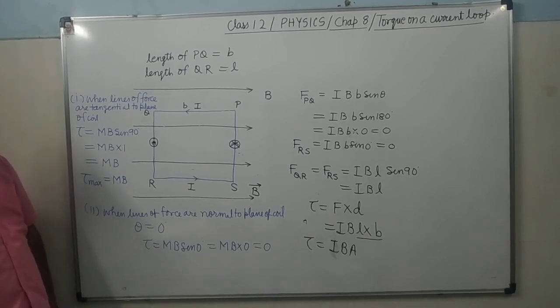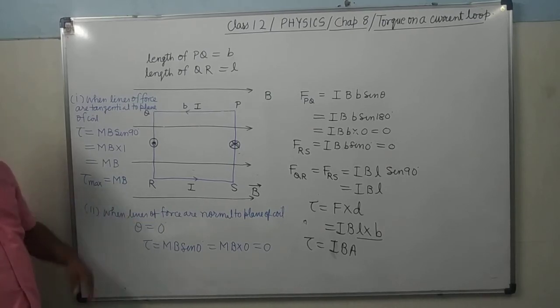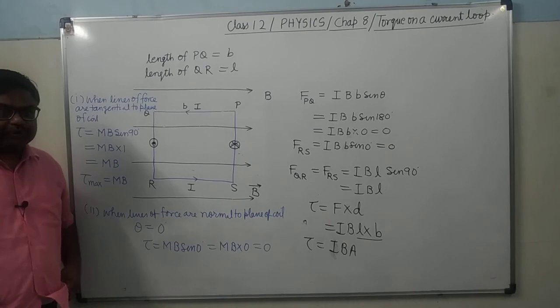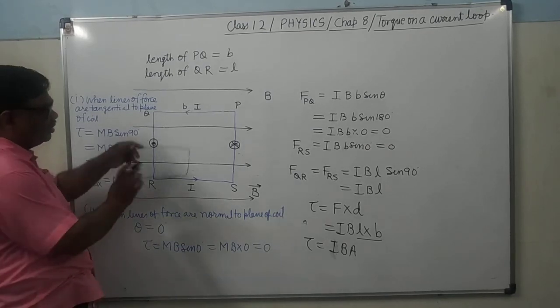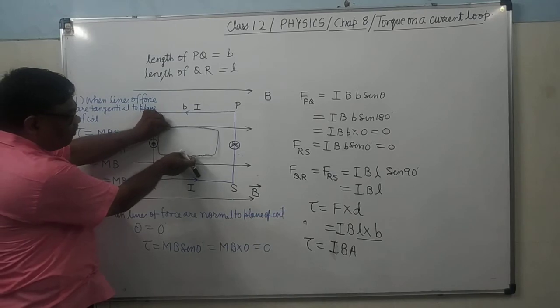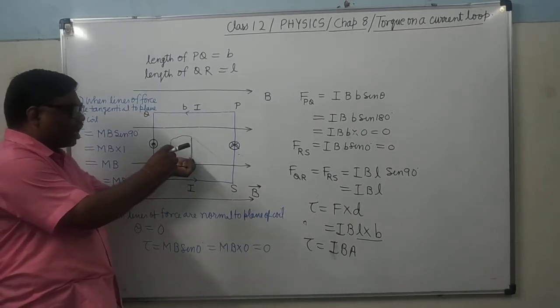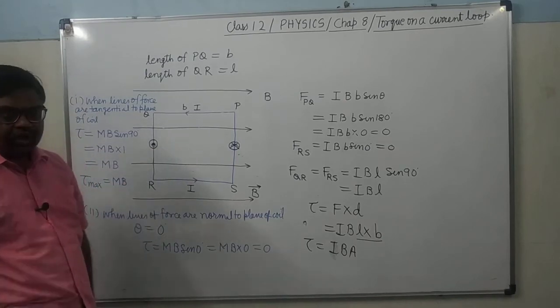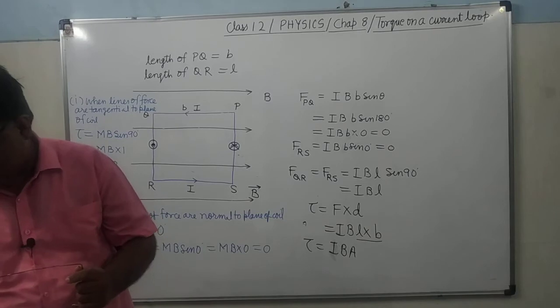It is clear? Now see the second position, this. It is clear? This is also a specific position. A specific position means here plane of coil is tangential to lines of force in this case. Here plane of coil is normal to the lines of force. In this case, what will happen when the torque will act upon it?